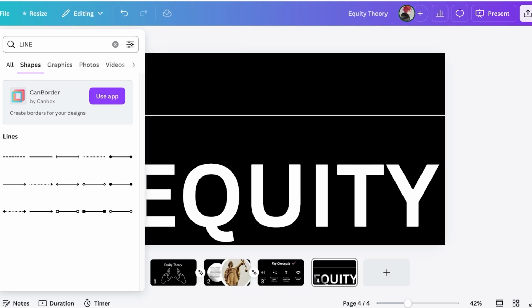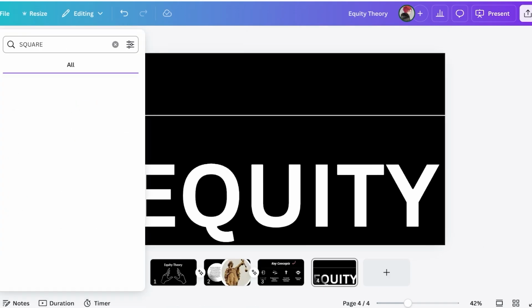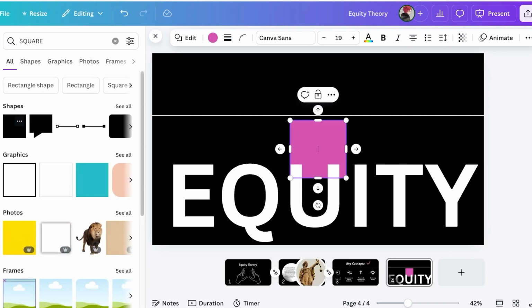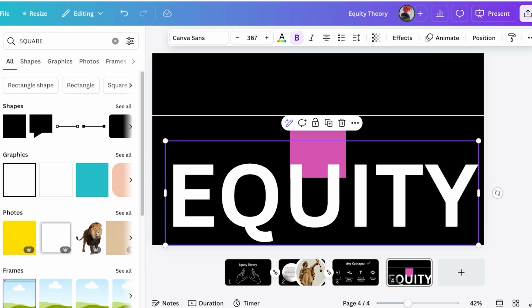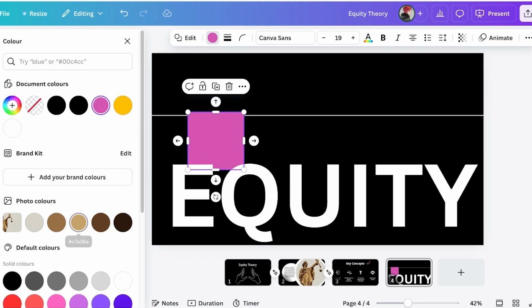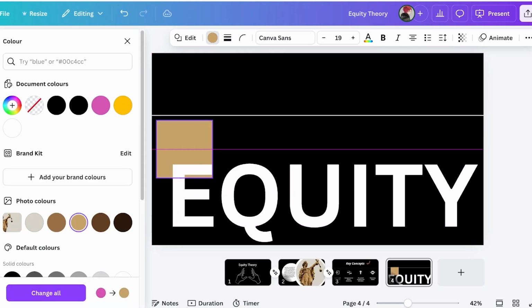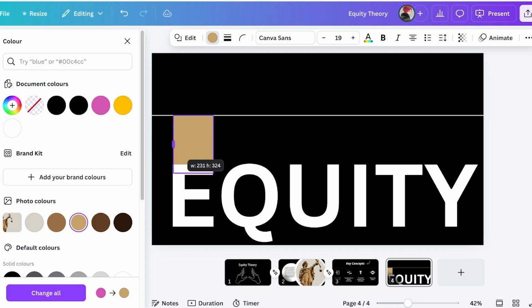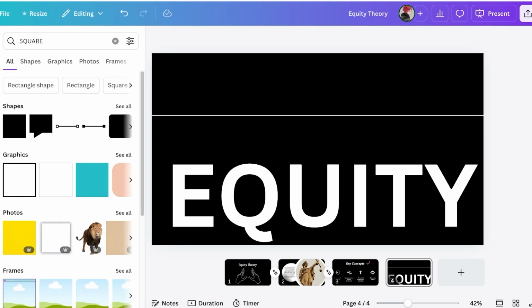Then after that, you're just going to search for square or rectangle. You can just go into shapes and just take the square shape and make sure to choose a nice color scheme for this so you can change the colors later on. I'm going to go with a neutrals color scheme. And what you can do is that you can take each individual line block, and if you place it around the letters, so if I place it like this, not like this,